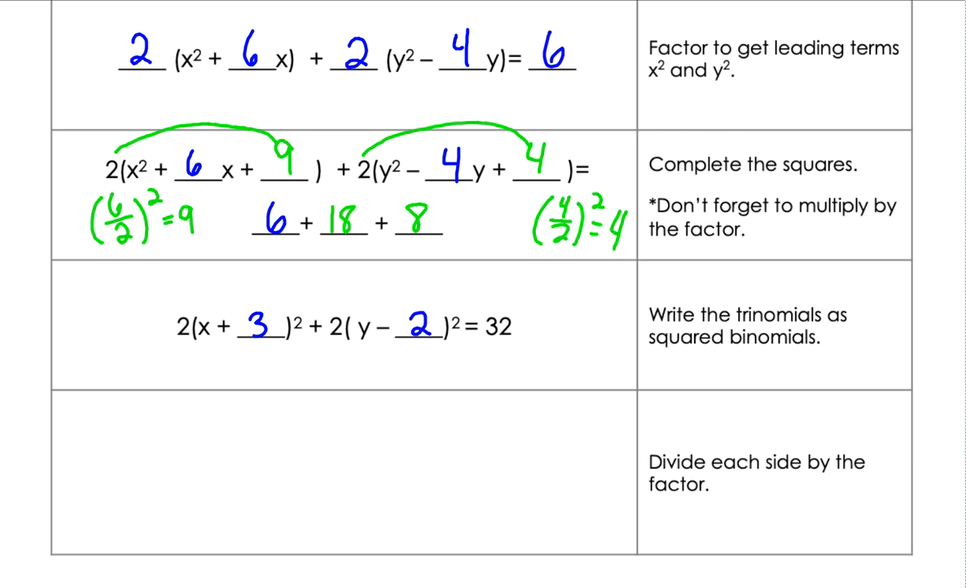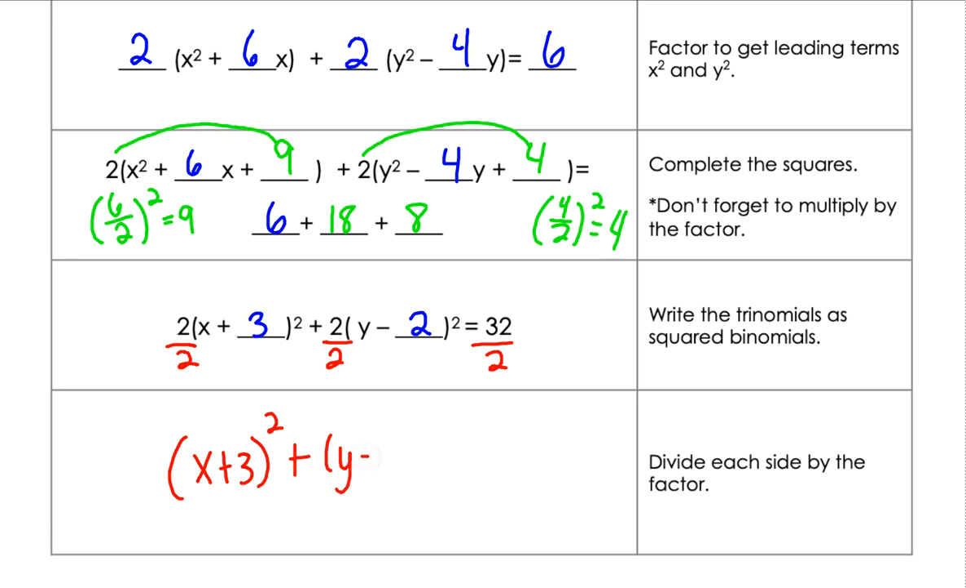All right, so we are very close now to that graphing form of a circle. The last thing we need to do is divide both sides by that factor out in front. So I'm going to divide everything by 2 so that we get rid of that coefficient out in front. So that's going to give me a final equation of (x + 3)^2